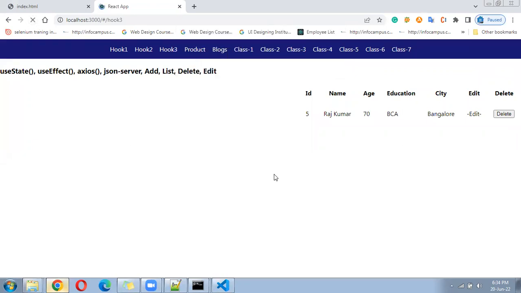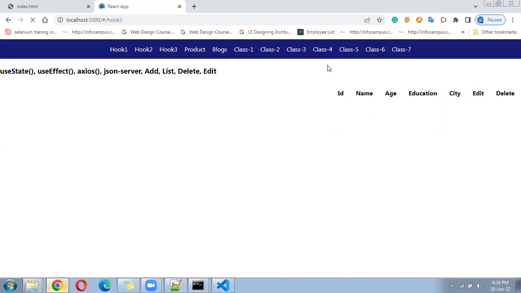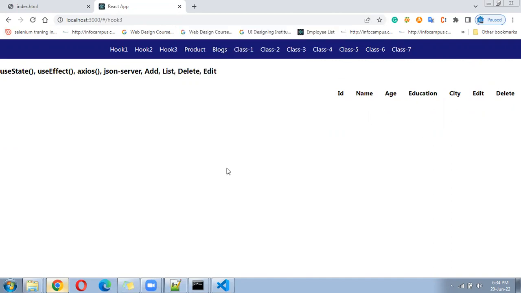Let me refresh it. See what is happening here first. HTML appears. After HTML, the alert has come. Let me go again, replace here, some other component I should go. See, first HTML appears, then alert. The useEffect function, what it is going to do, the sense of useEffect is, useEffect says